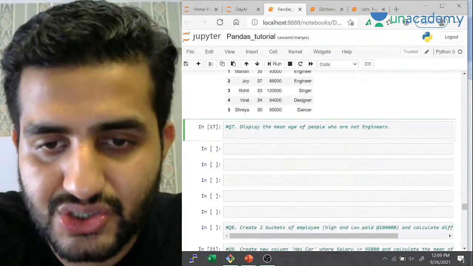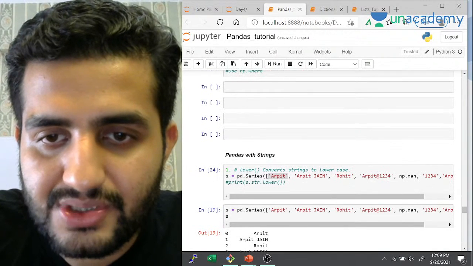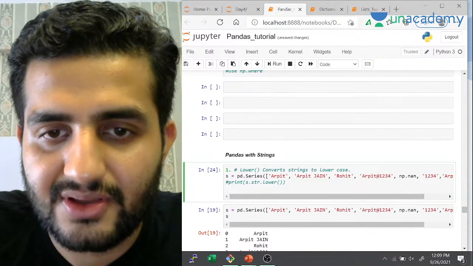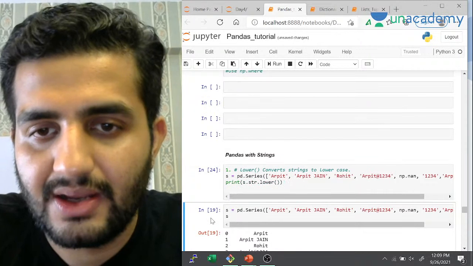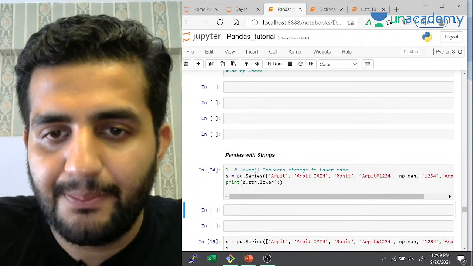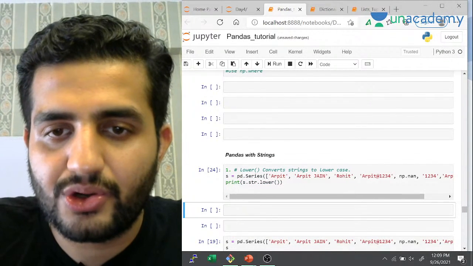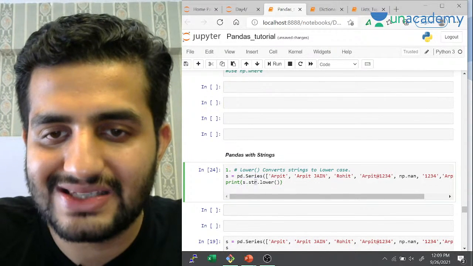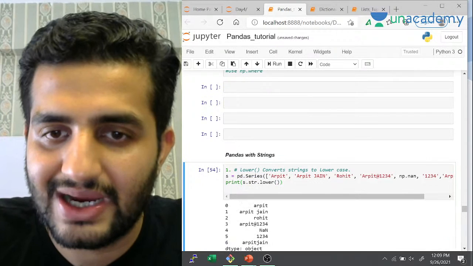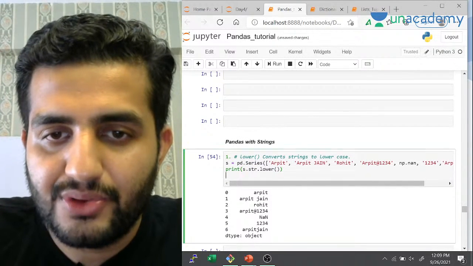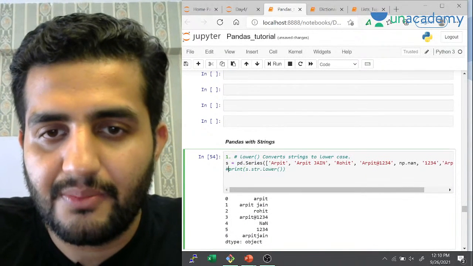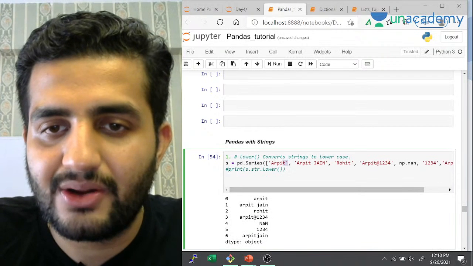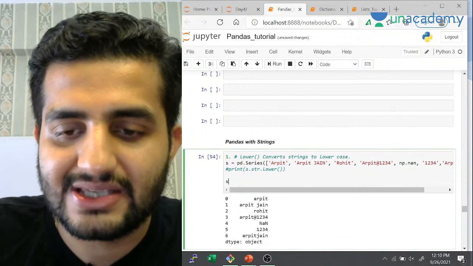So on that, str is not required. In fact, I'll just show it to you. Suppose I have this lower function, and I'm applying it on top of my series, which is a series object, right? In this case I have to pass str, so this only works as str. But suppose I want to do it only on this element of my series, which will be S of 0, right?